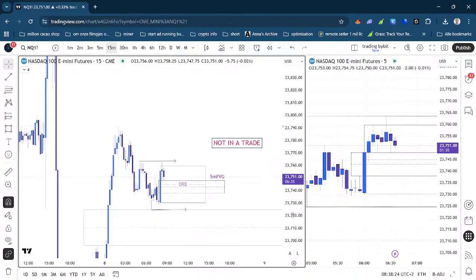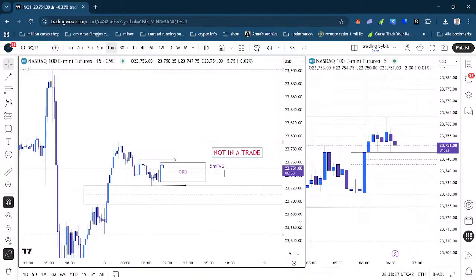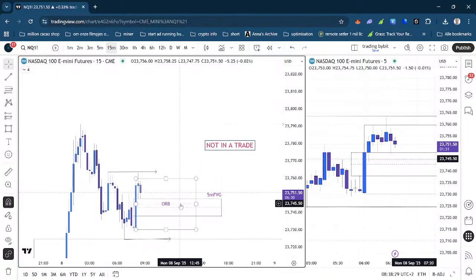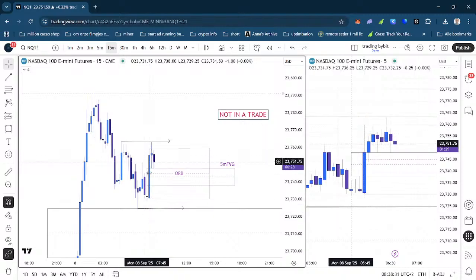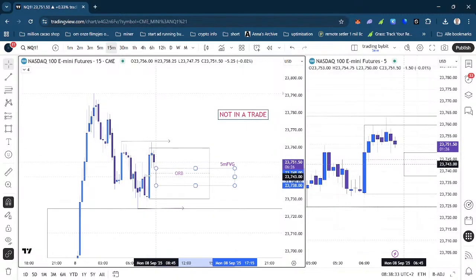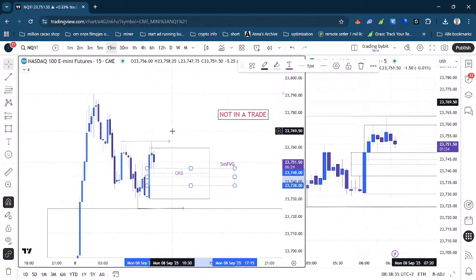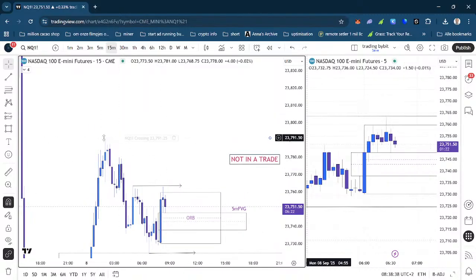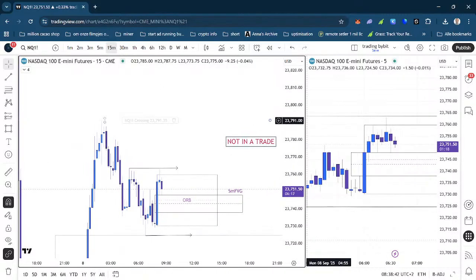The reason why I entered: for me it's a bullish structure, so we want to go higher. And what did we do? We created a nice 15 minute, another 15 minute fair value gap right here, came in, and we tapped it. So what I want to see now is continuation at least to that high, and from there I want to see how it reacts.